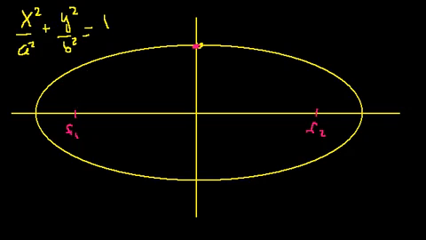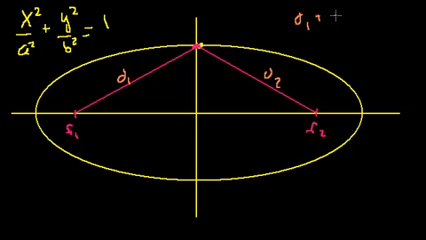So if you take this distance right here and add it to this distance right here, it'll be equal to 2A. Right? So if we call this D1, and this D2, we know that D1 plus D2